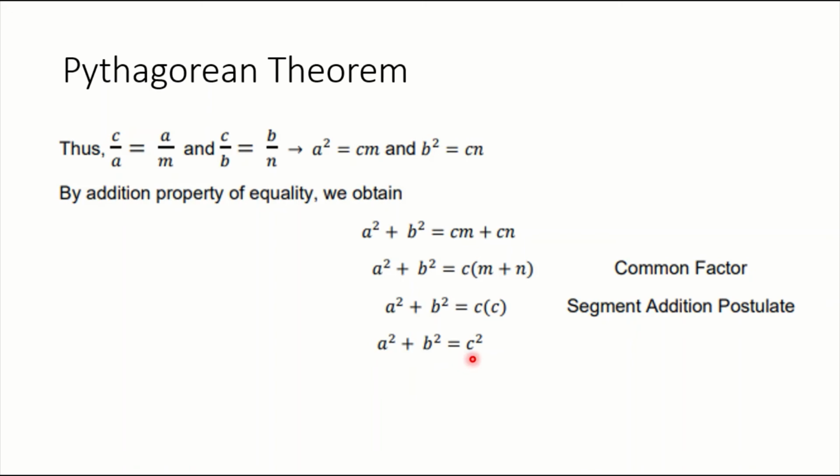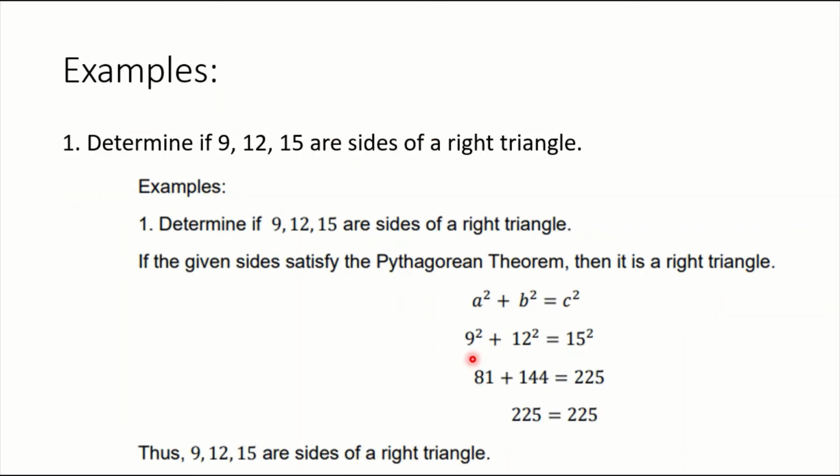So, ganyan ginawa ni, sino ba nag-propose? Si Pythagoras. Okay? So, ganyan ginawa ni Pythagoras yung formula. Pythagoras is the one who proposed Pythagorean Theorem. So, let's